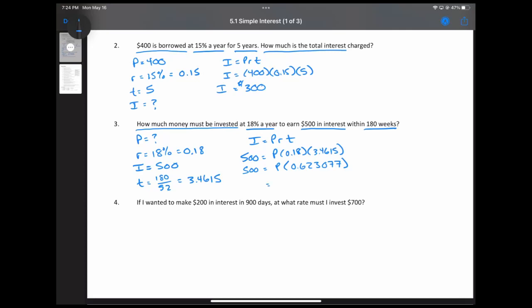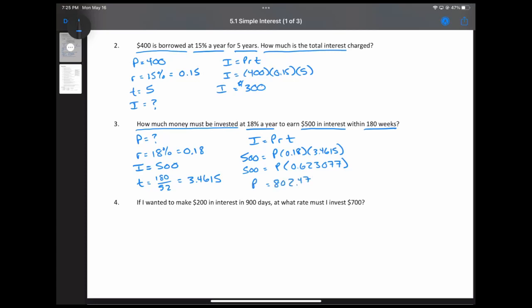And then the final thing we do to get P by itself is divide 500 by 0.623077. And when I do that, I get 802.47. So I could write down 802.47 equals P, or I can write down P equals